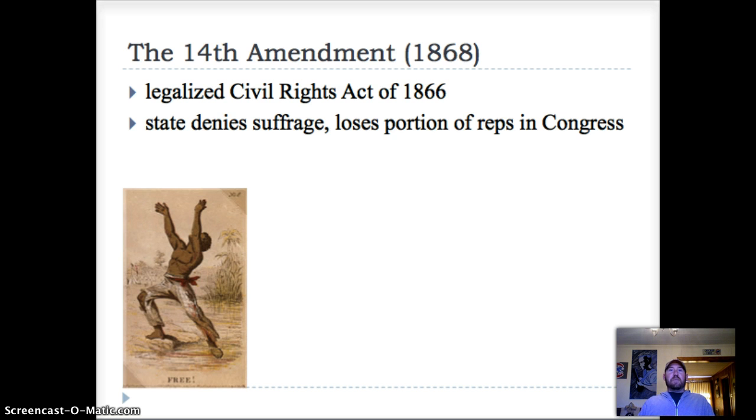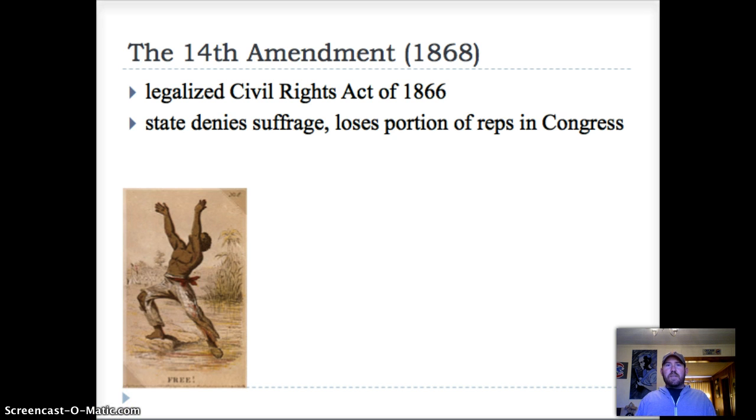Okay, so we move from there to the 14th Amendment. You need to think about citizenship and equal rights when you hear the 14th Amendment. What it did is it formally legalized components of the Civil Rights Act of 1866. It did a couple of things along with the citizenship and equal rights. And one of the big ones, mainly pointing towards the South, said if a state denies the right to vote, or suffrage, to freed blacks, it's going to lose a portion of its reps in